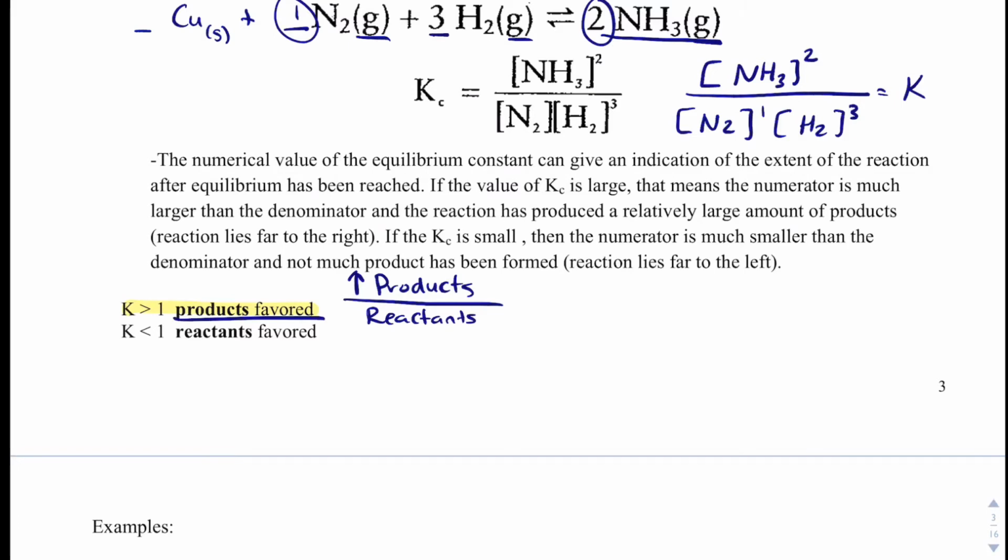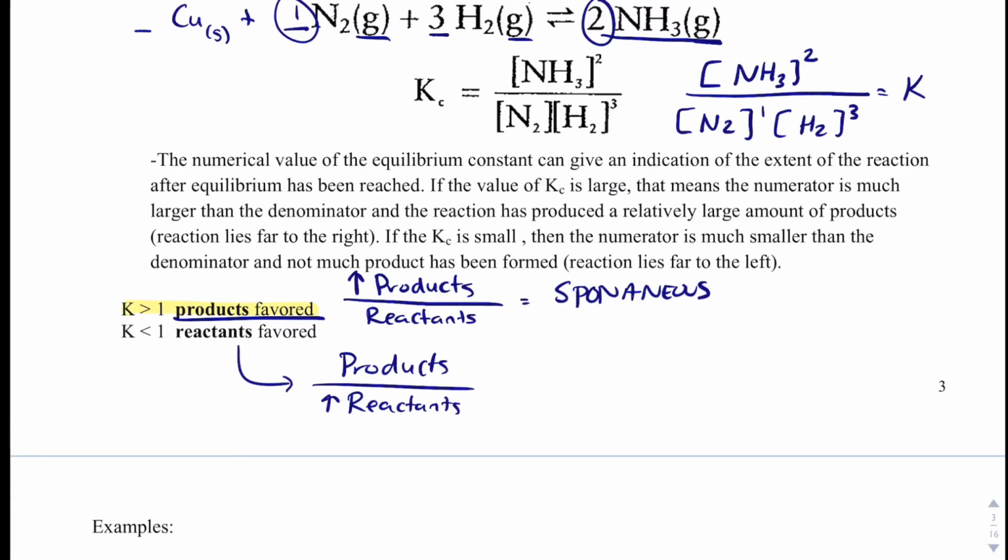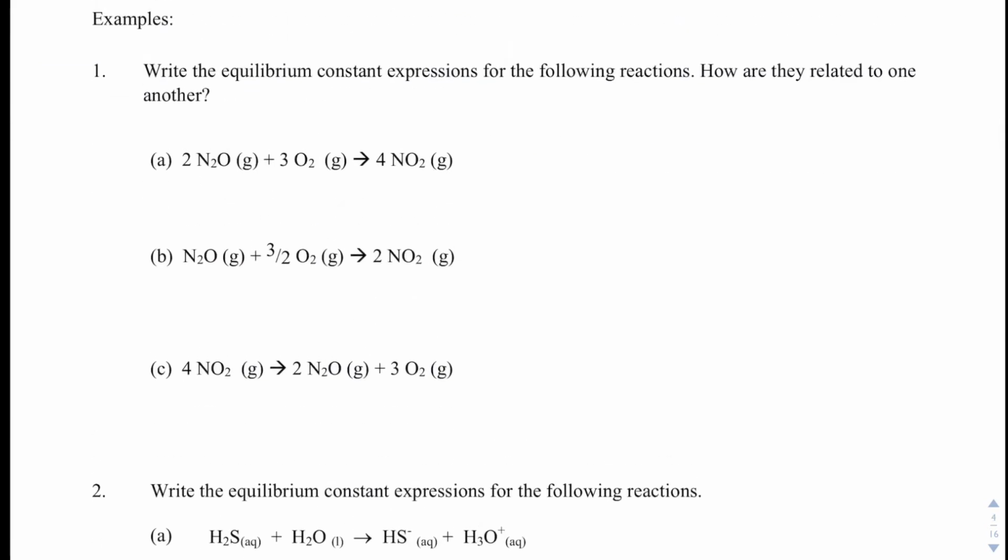This would be called product favored, and this would be a spontaneous reaction. And then if it's reactant favored, that we would still have products, we'd have some, but our reactants we would have way more of. This would be called non-spontaneous, which I like to call non-spawn. Okay, spontaneous does not tell you how quickly a reaction proceeds, but just tells you whether or not the reaction will proceed. Okay, so I want you to pause the video,